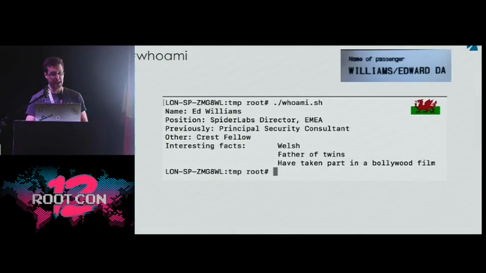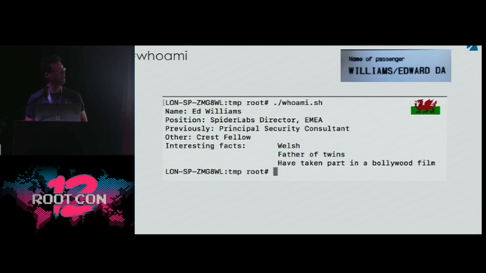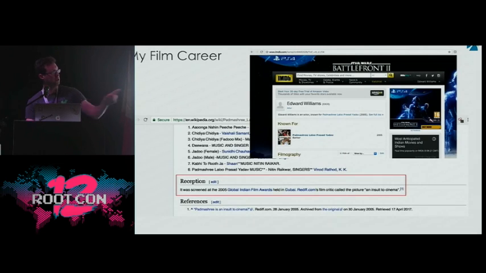So a tiny bit about me. You probably can't realise I've got a bit of a weird accent. I'm from Wales, which is a part of the UK. My biggest claim to fame, I've got twin boys, and I've actually been in a Bollywood film. And that Bollywood film, as you can see at the bottom right, if you can see it, was described as an insult to cinema. So I had to move away from my acting career and concentrate on